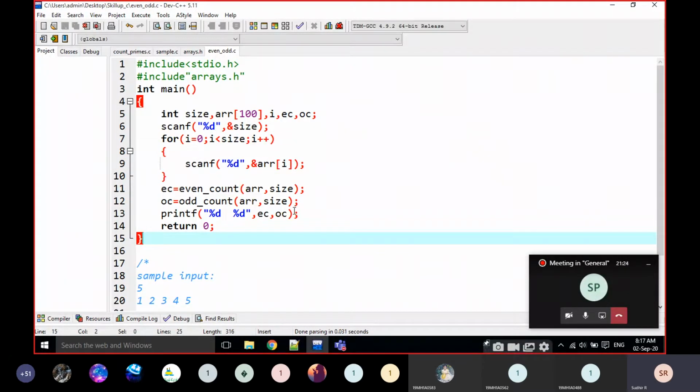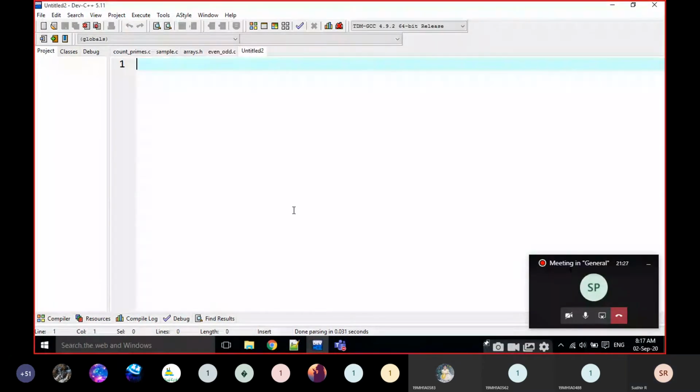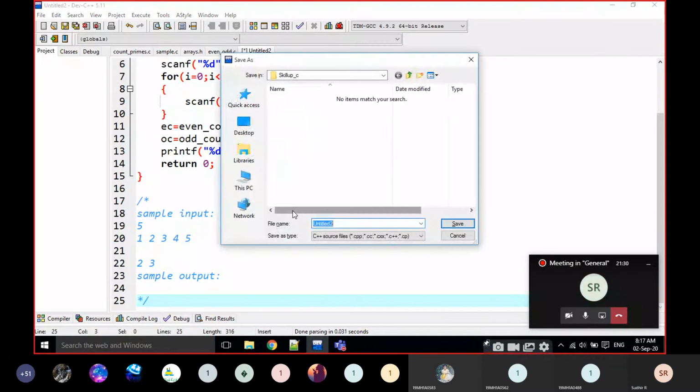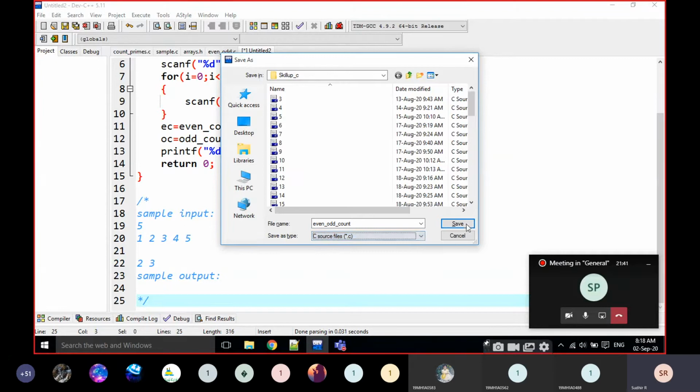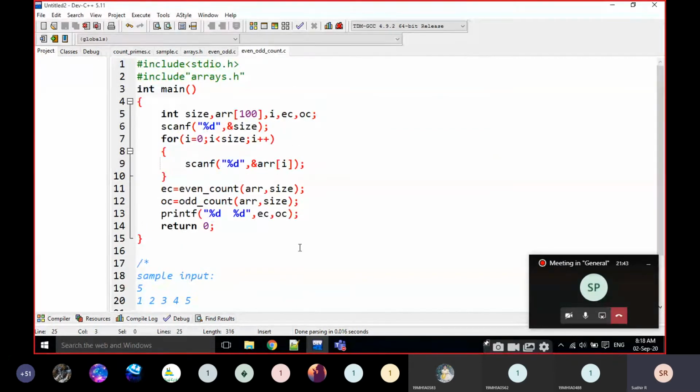I am going to modify it as even underscore odd underscore count, using a single function. Okay, I am going to turn it into a single function. For example, this is two functions. For example, I am going to write EOC. EOC means even odd count.